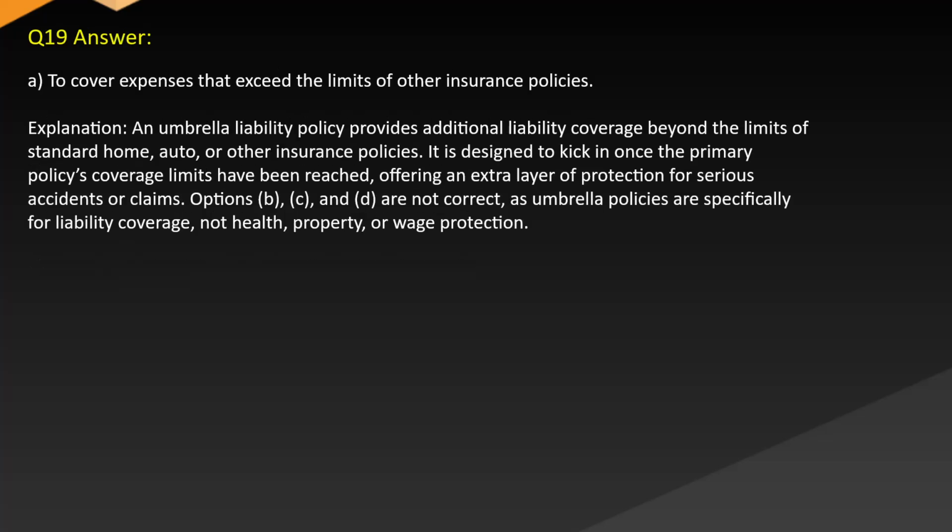Answer A. To cover expenses that exceed the limits of other insurance policies. Explanation: An umbrella liability policy provides additional liability coverage beyond the limits of standard home, auto, or other insurance policies. It is designed to kick in once the primary policy's coverage limits have been reached, offering an extra layer of protection for serious accidents or claims. Options B, C, and D are not correct, as umbrella policies are specifically for liability coverage, not health, property, or